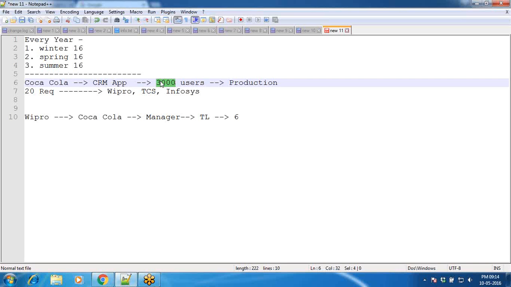So the team lead got access from Wipro. That person will log into the Coca-Cola company's production environment of that Salesforce instance. In that production environment, Philips employees have started using the application. Directly for these 20 requirements, if they make changes in that production environment, that means the live environment, where real-time transactions and everything happen,